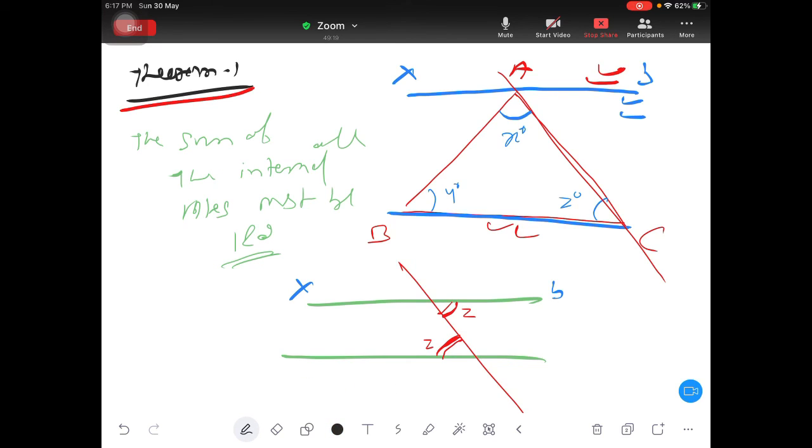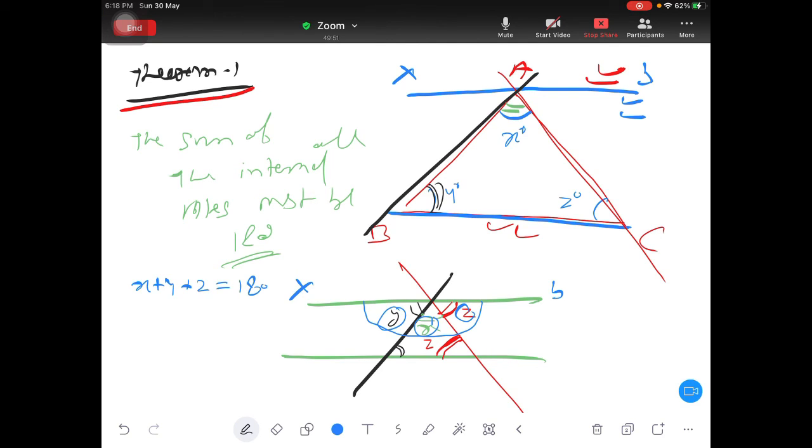Okay, then you draw AB like this. So if this is Y, it means this is Y, then this will be Y. Okay, and this is already X here, so X here. So you know that by the linear condition, if you add angle X and Y and Z, because they are on one side of the line, right? They should give 180 degrees. So X plus Y plus Z should give 180 degrees, because on the line all the three are coming like this. So if you add all the three, you should get 180 degrees.